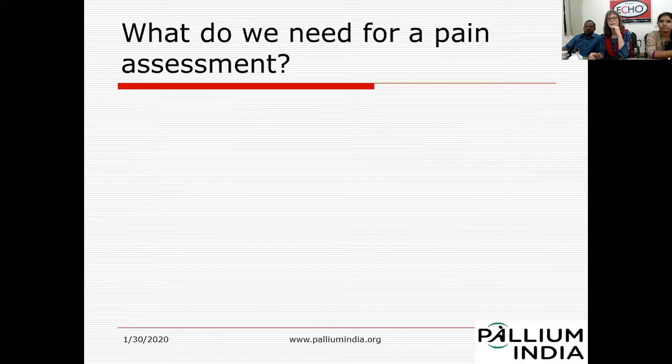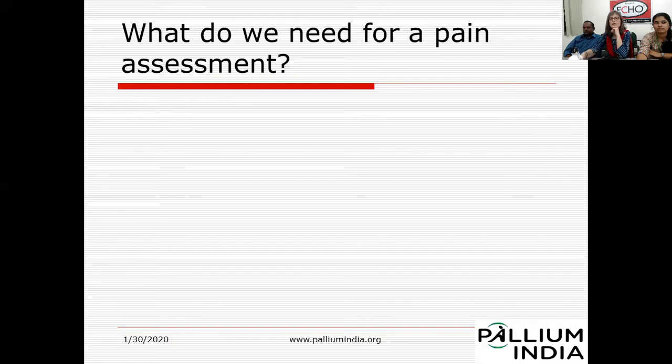So if you're thinking about doing a pain assessment of our young woman with breast cancer, what's a tool that you think would be really important to have? I'm going to ask somebody who hasn't participated yet to jump in and tell me a tool that's needed. Sharina, can you help me with what tool, if you're going to do a pain assessment, you want to make sure to have? Can you think of anything that should be really important?